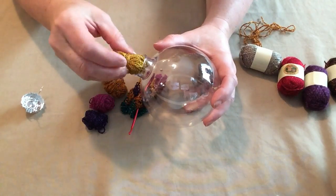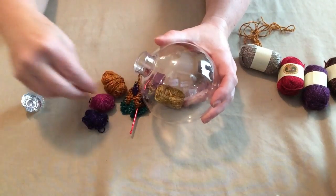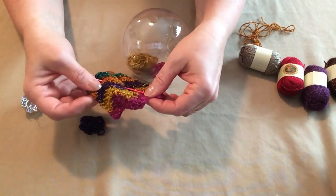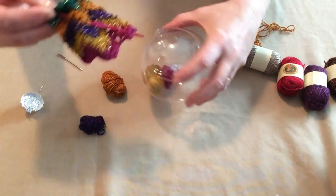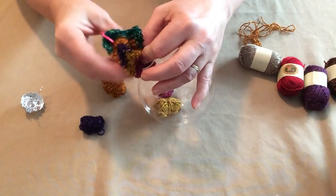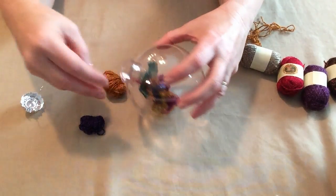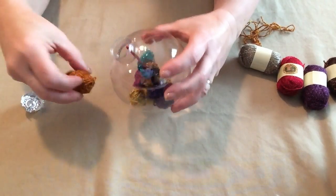You're going to have to work a little bit to get them in there, but just gently push a couple of them in there. I'm going to use the same swatch and the same crochet hook. I'm going to gently squeeze it in there. There we go. Push that down a little bit. Add the last couple of my